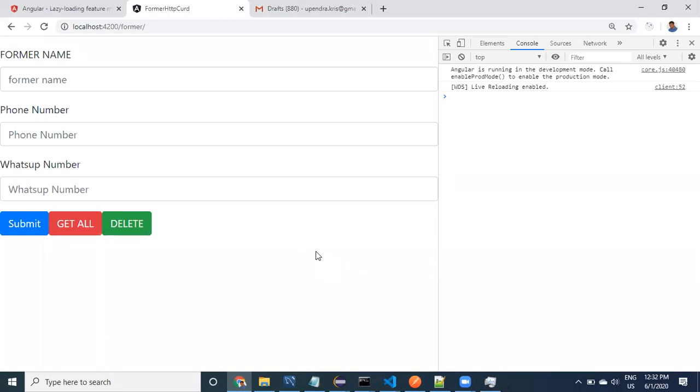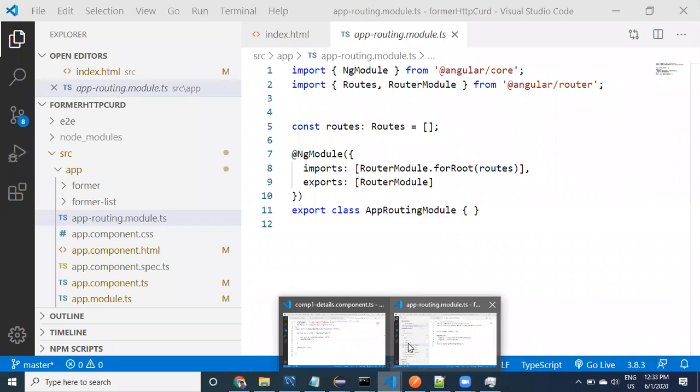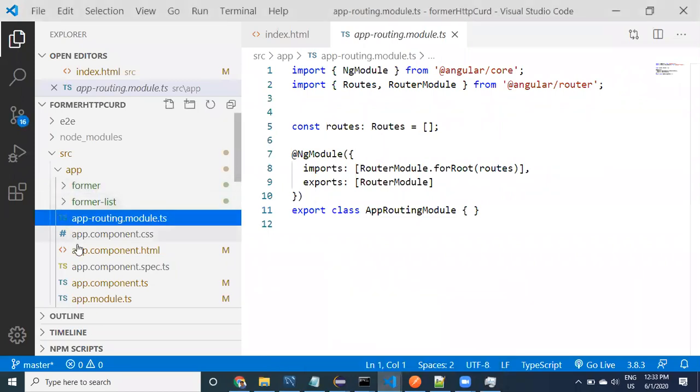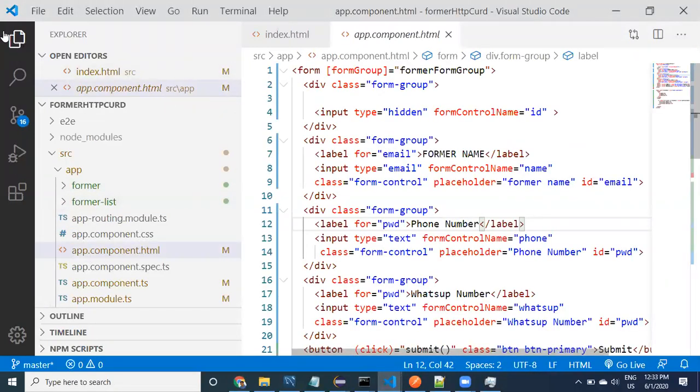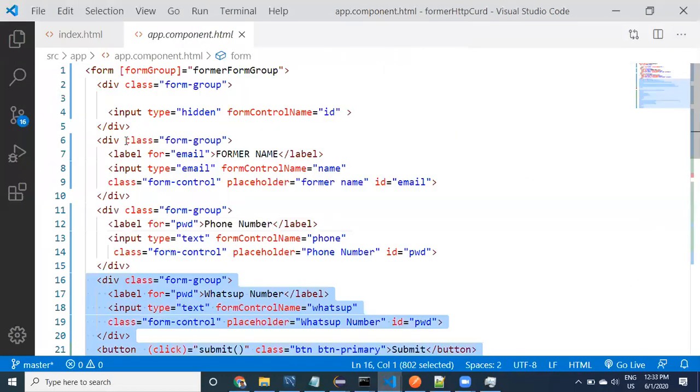Here we'll do one thing, guys. We have to know a few things here. We are going to learn a few other things also while doing it. Let us first go to the app component. I don't want to do anything in the app component. Here all the code has been written in the app component. I don't want all these things now.